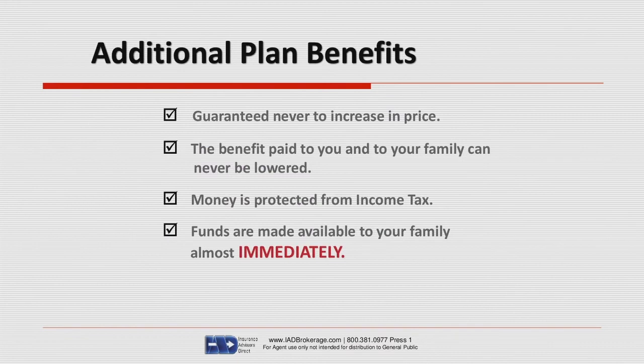Okay, additional variants. Guaranteed never to increase in price. The price stays what it is throughout the benefit period, as long as the person has it. Benefit paid to you and your family can never be lowered. Like I said, once it's a contract, once it's in place, the benefit can never be lowered. Money is protected from income tax, like all life insurance policies, and funds are made available to your family almost